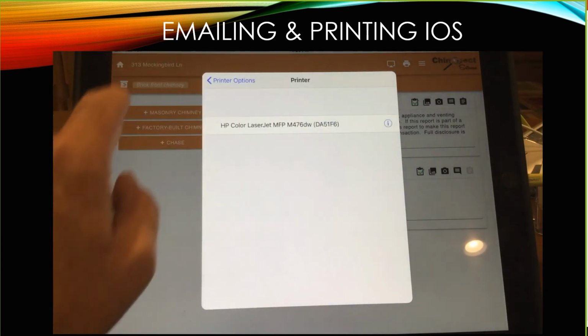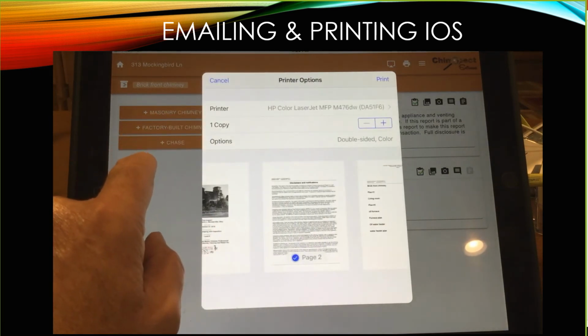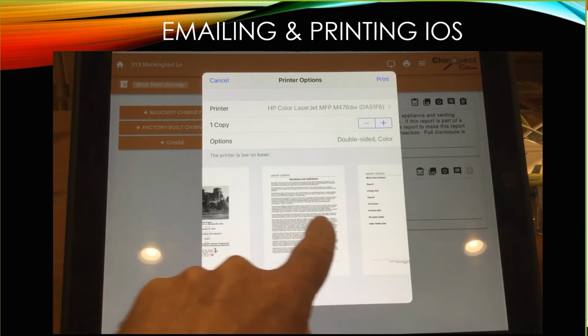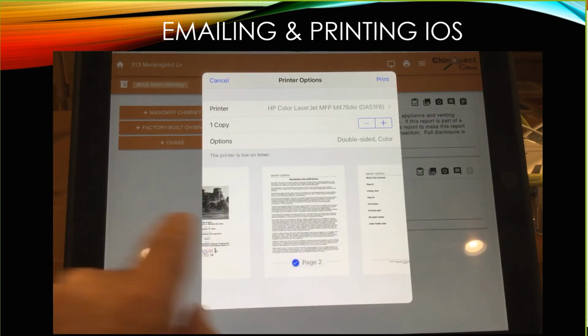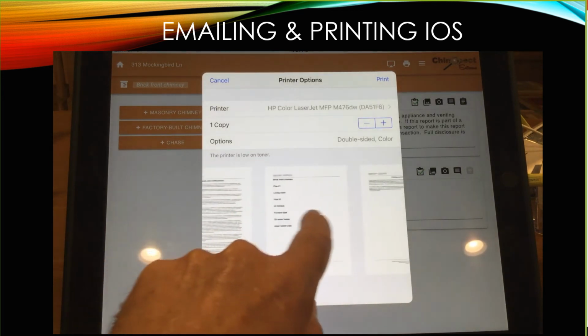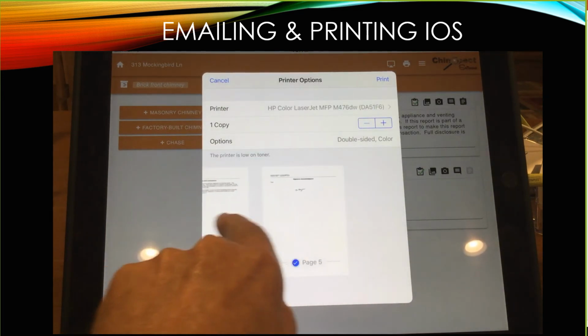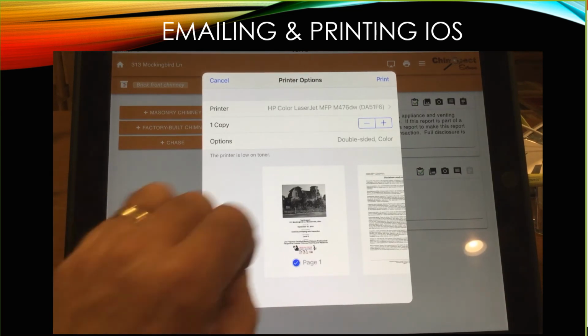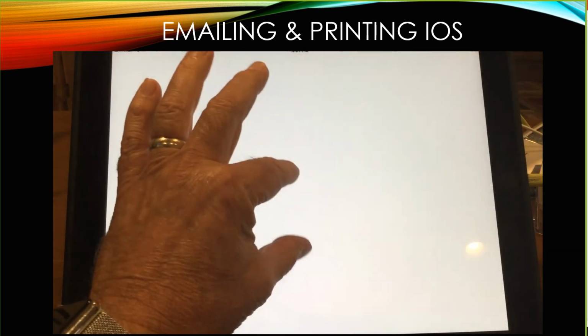Then I select a printer. Now it's formatted the document for our printer. And now all the headers and footers have completely lined up the way that they're supposed to be. Now I could go ahead and print the document, or if I want to email it, I just zoom in